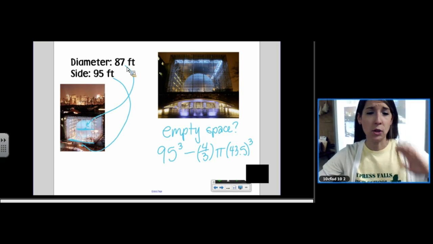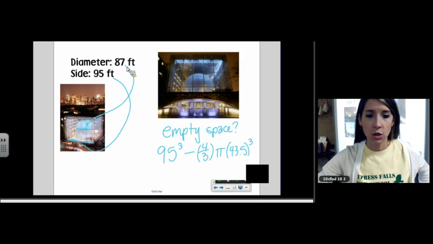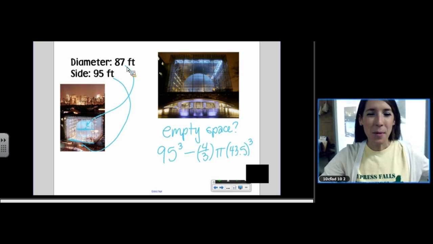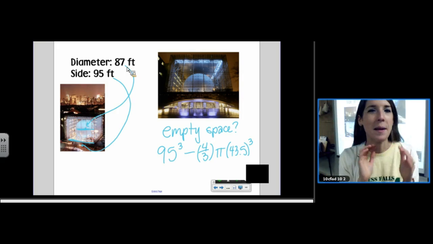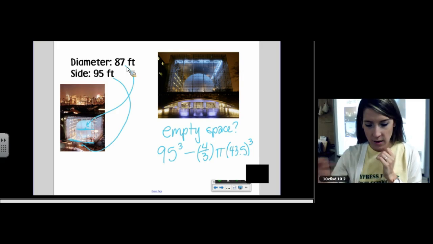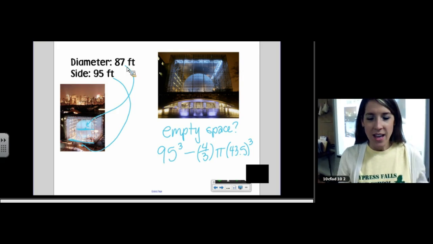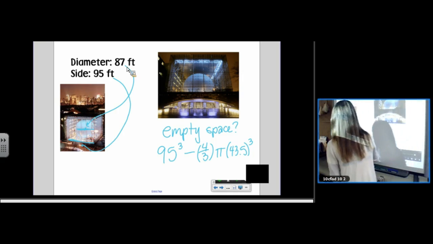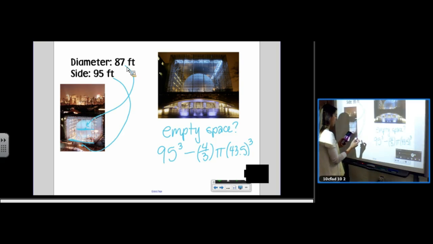Or else you couldn't have subtracted them, Alex. You should have two separate answers if you didn't press pi. But we're going to press pi. We're going to get one answer. It's going to be approximate. It's not going to be exact. That's it, Asha. Good. The amount of space, airspace, in that museum is